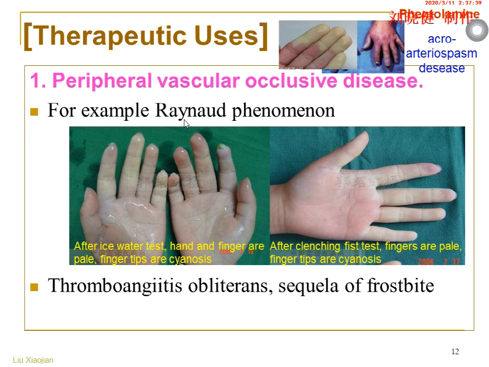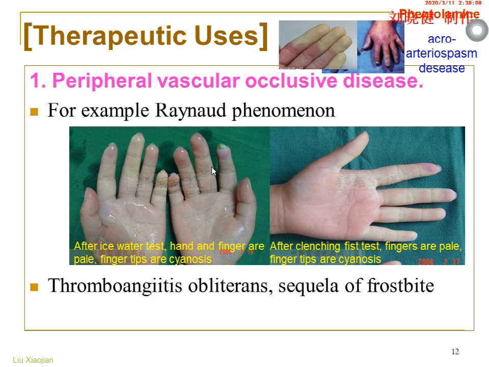It occurs more in females, especially women aged 20 to 40, because of bad circulation at the ends of the fingertips, especially in cold weather, like in winter or autumn in North China, they often feel very painful in the